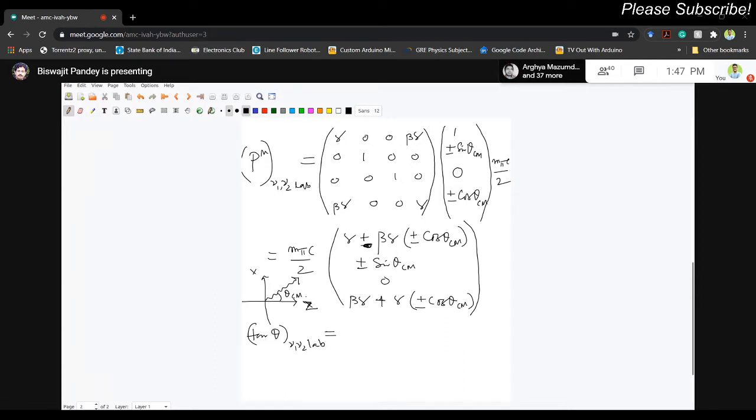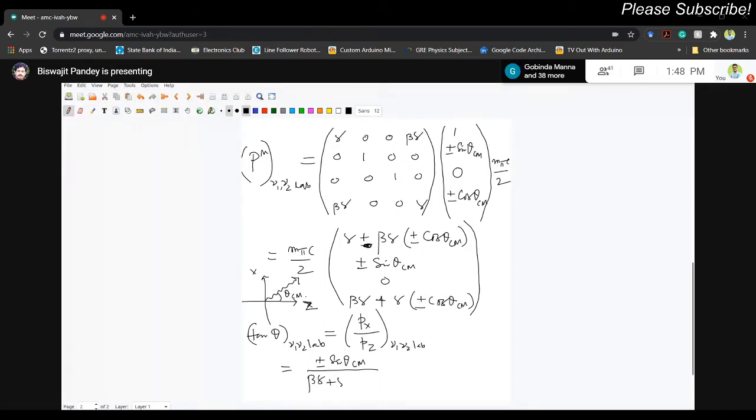Both the photons, tan theta nu1 nu2 in the lab frame. So you know the x component and you know the z component. So basically this is nothing but px divided by pz in the lab frame, of course not in the center of momentum frame. And if you calculate, this is nothing but plus minus sine theta cm. This is the time component, this is the x component, sine theta cm, divided by the z component, this last one, beta gamma